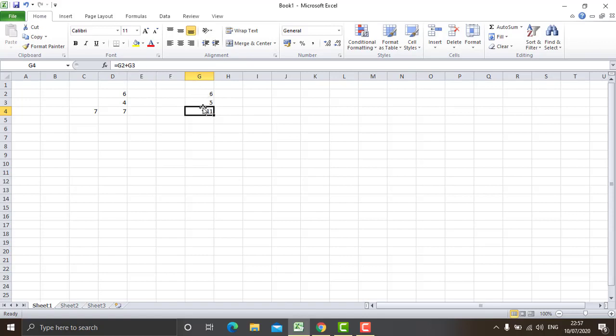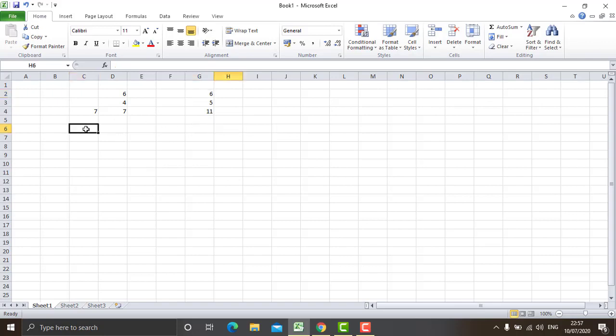We do not write the value directly; rather, we write the name of the cells in which those values are, so that if in future we change the values of the cell, the result also changes automatically according to the values stored in the cell. So after getting the name of the cell, the next thing is range of cell. Range of cell means extent from a particular cell to the other cell.